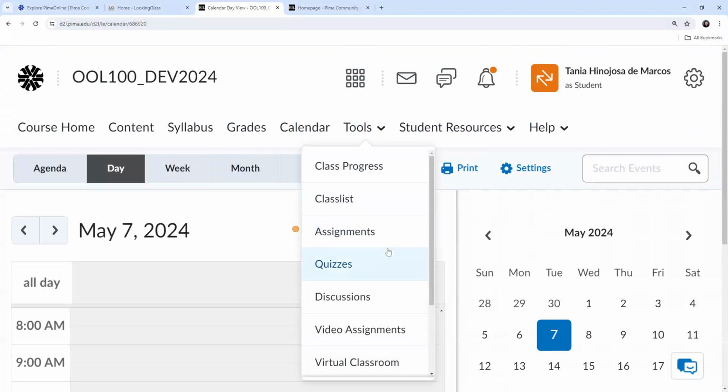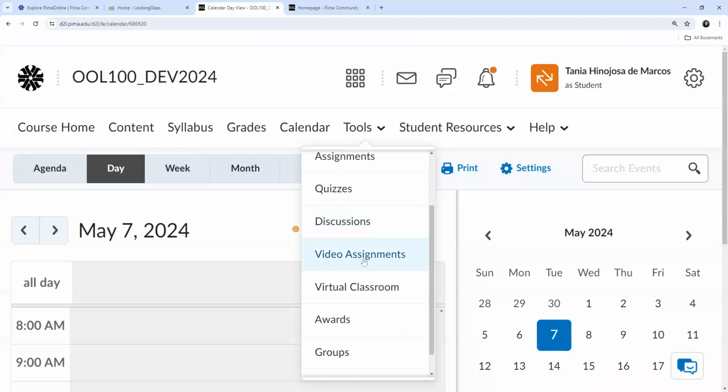But here in the tools section, you can look for the assignments and the deadlines and instructions. Class progress will give you a view of how you're doing in your grades, so you can plan accordingly. Class list is the information of your classmates, and you can find quizzes, discussions, video assignments, your virtual classroom,